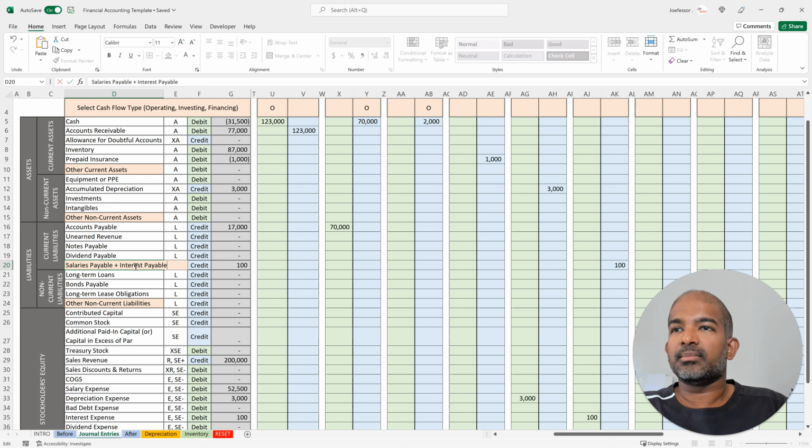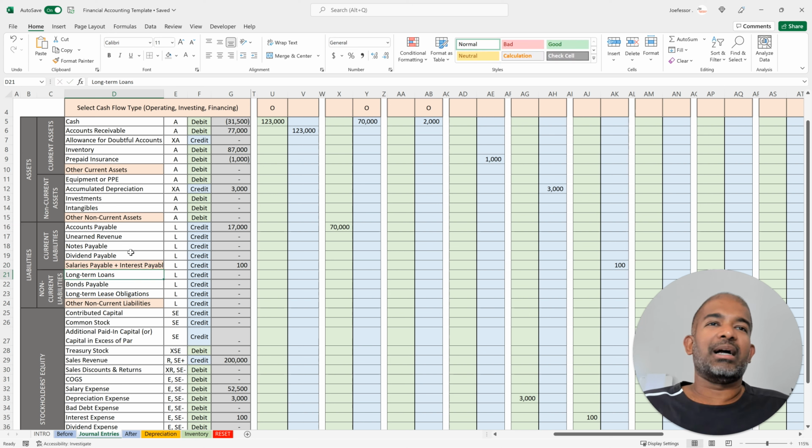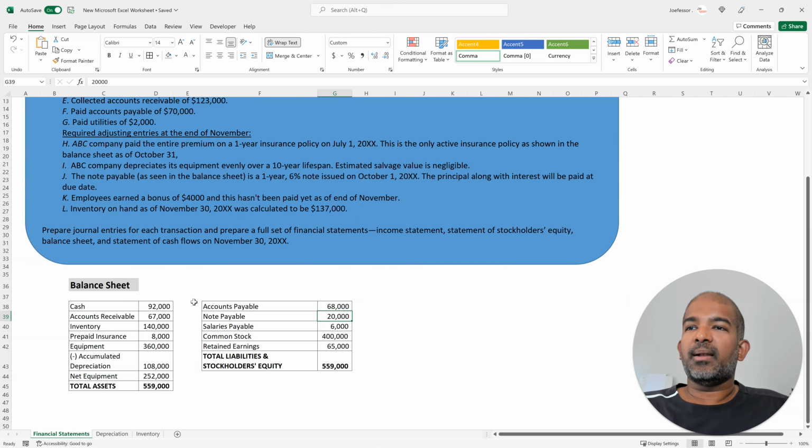Ideally you would like to have separate accounts for them. You can manage them whichever way you want. If you want to create an extra row, you can do that too. Okay, the next one,